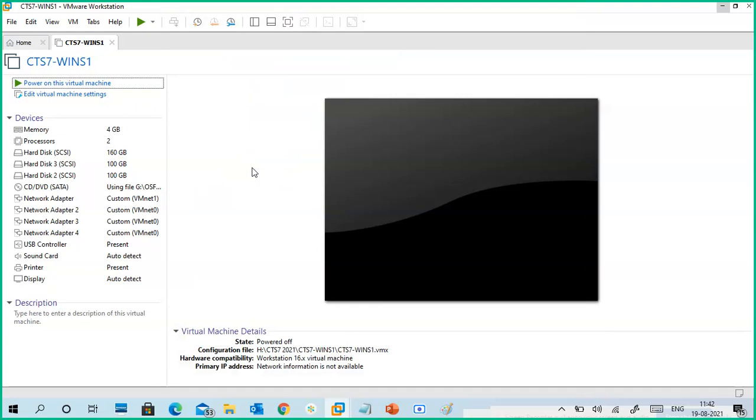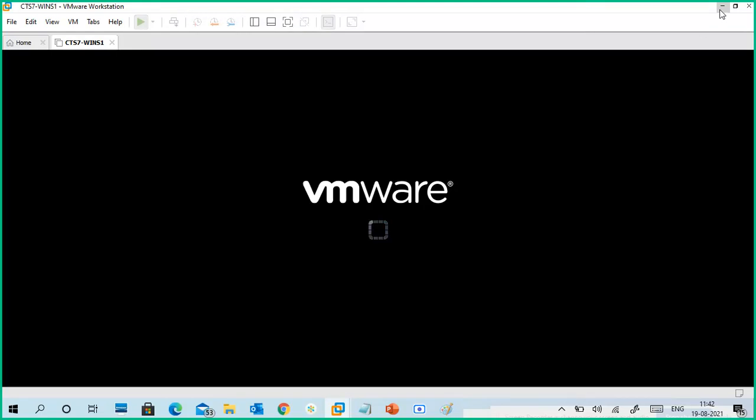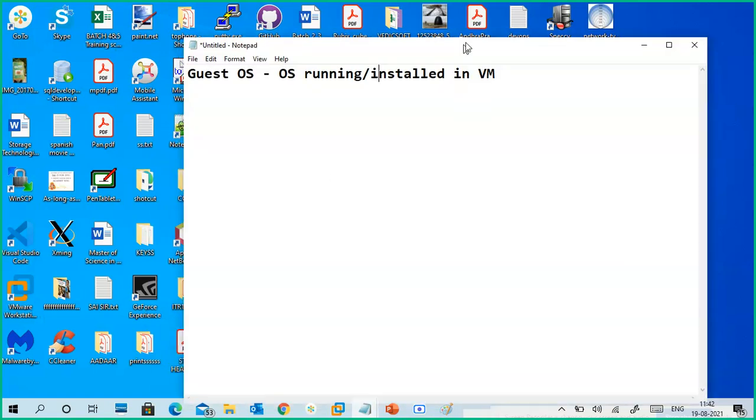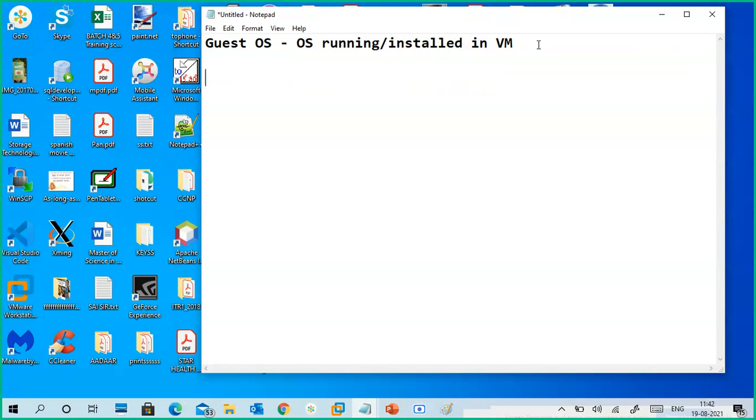So I'm powering on this virtual machine. Let it boot, and I will also show you how to install the Hyper-V feature. It will restart two times minimum. Okay. So when we install Hyper-V, in Windows Server, all are the same from 2012 onwards.